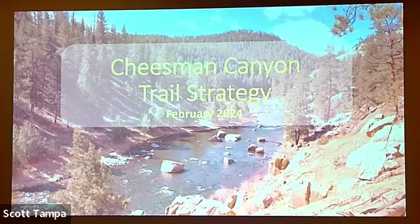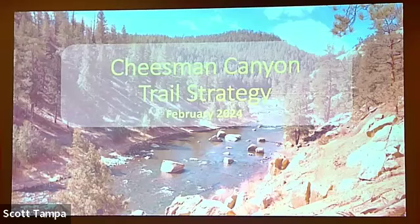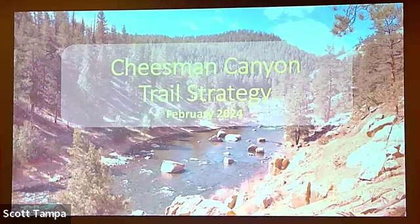And so that'll be, well, not the first effort. The first effort is to get the Forest Service to go in there and do a NEPA study in that canyon for what can be done in there and how it can be done. And once that gets approved, then we could go put boots on the ground and start fixing some of that trail in there. So without further ado,